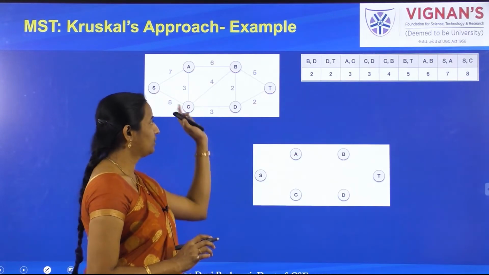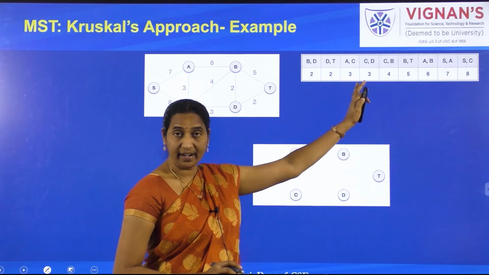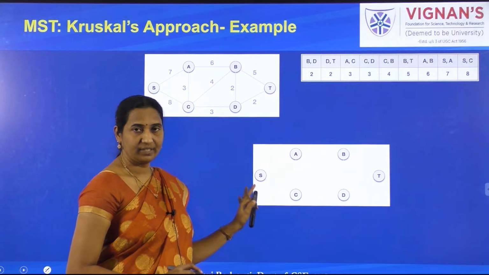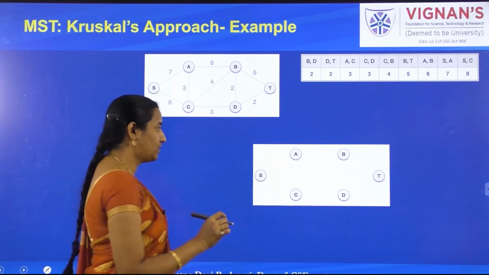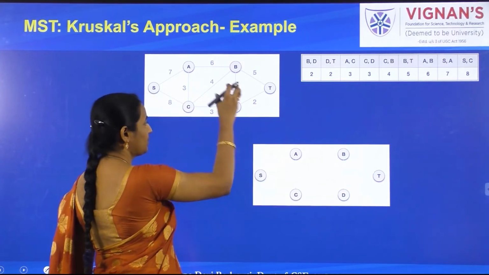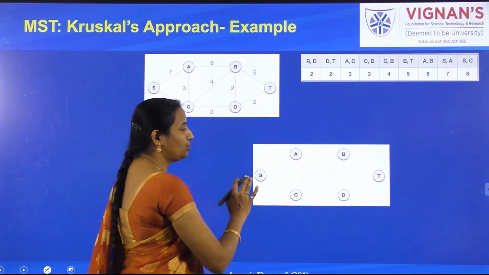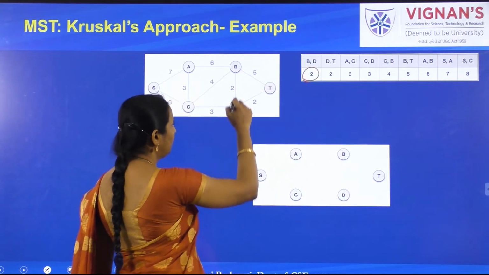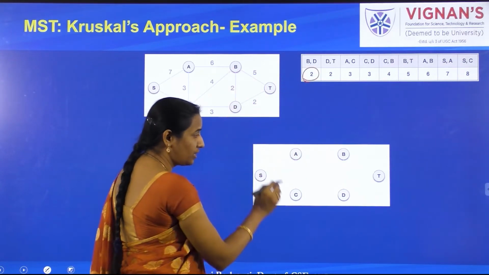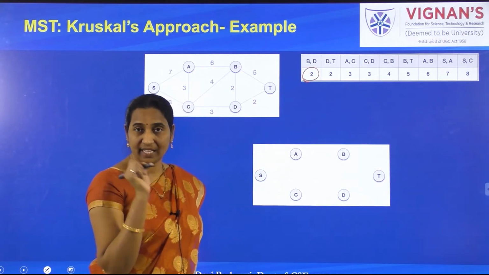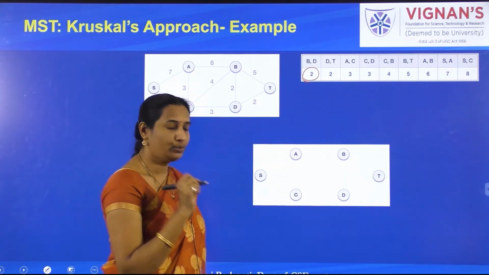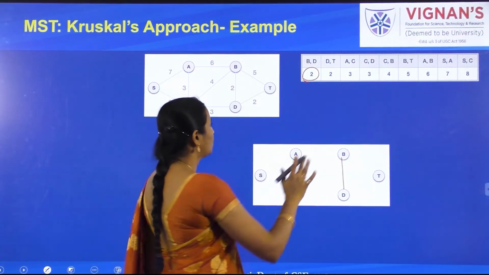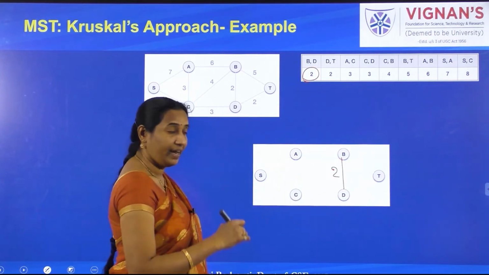Now let's see. This is the given graph, and these are the sorted edges as per the weights in increasing order. This is the initial subgraph, that is, the initial solution for the minimal spanning tree. I just have taken all the vertices from this graph. That's all. Now what do I need to do? The next step is to consider the edge with the minimum cost. I consider BD as the first edge. If I add this edge to the solution, is it forming any cycle or not? That's what you need to check every time you add a new edge to the solution. So BD, if I add, there is no problem at all. There is no cycle at all. So I can very well add that edge, and this is done.